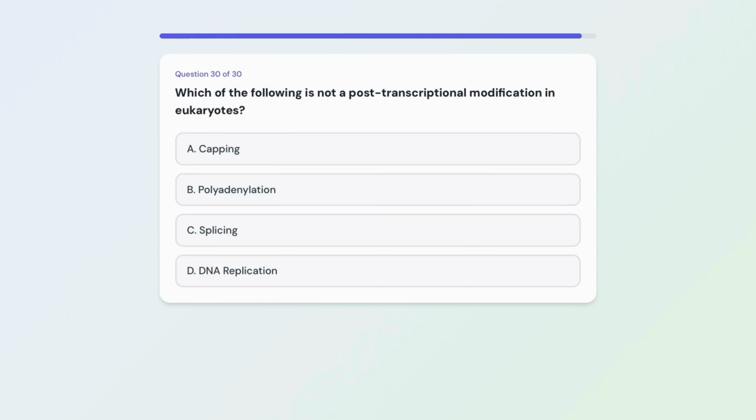Which of the following is not a post-transcriptional modification in eukaryotes? Capping, polyadenylation, splicing, DNA replication. There are 3 post-transcriptional modifications, which are capping, splicing, and polyadenylation. These 3 steps happen after transcription, so they are the post-transcriptional modifications. DNA replication is completely different. It happens before cell division, not